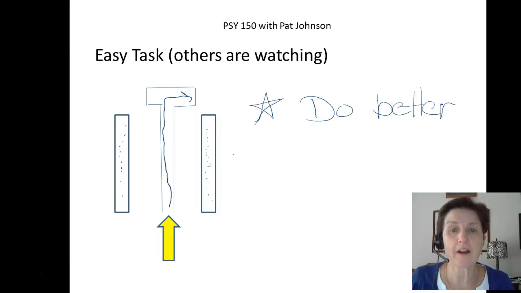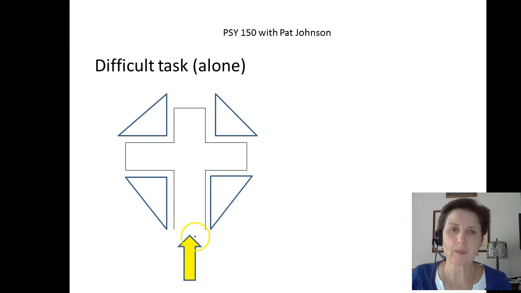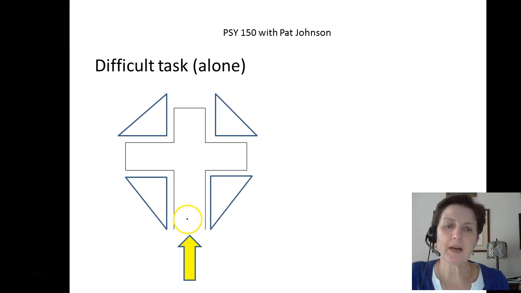Now, I found the same thing when I was running. If there were other people around, my pace increased without any sense of increased effort. My pace increased by a minute per mile. And if you're a runner or you know anything about running, a minute per mile increase in pace is a significant increase in somebody's pace. So let's now talk about Bob Zajonc's second experiment.